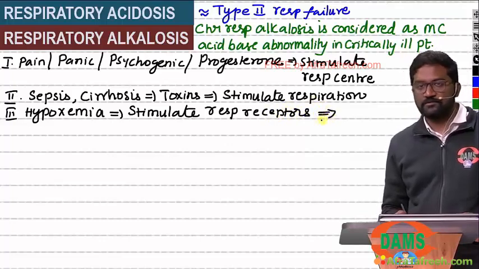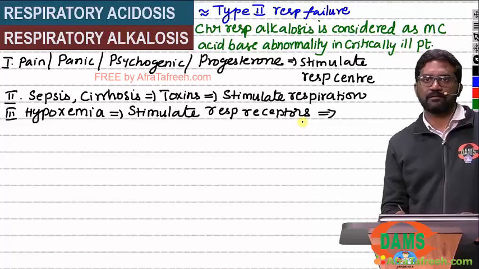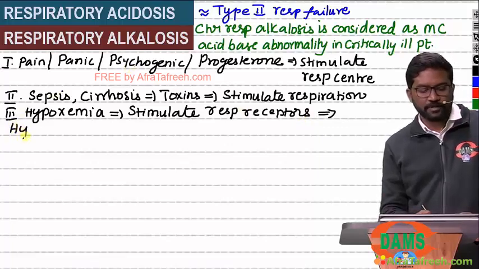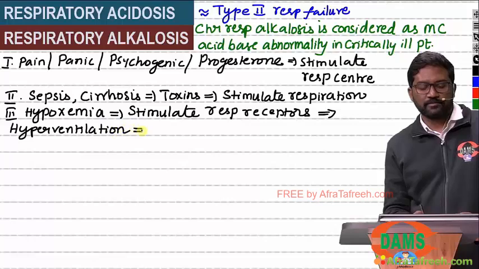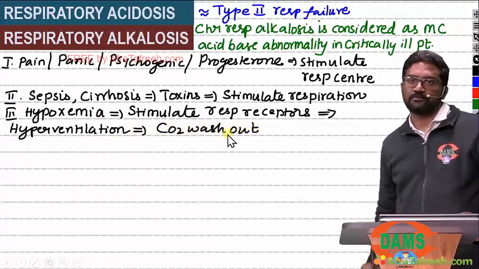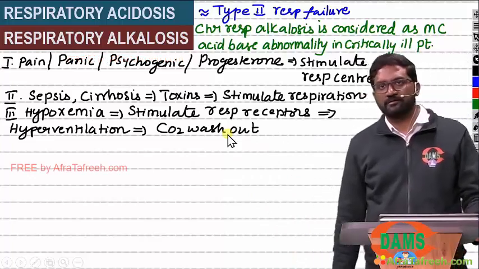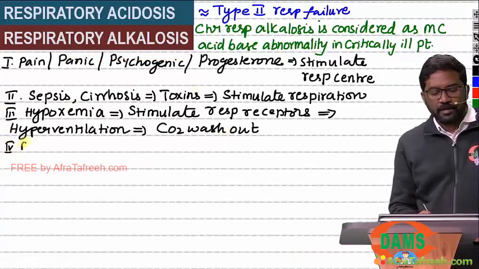As long as your respiratory effort is intact, how will your body fight against hypoxemia? By hyperventilation. If somebody is hyperventilating, what is the gas going out in excess? CO2. Hypoxemia related hyperventilation can result in CO2 washout. Then, accidental